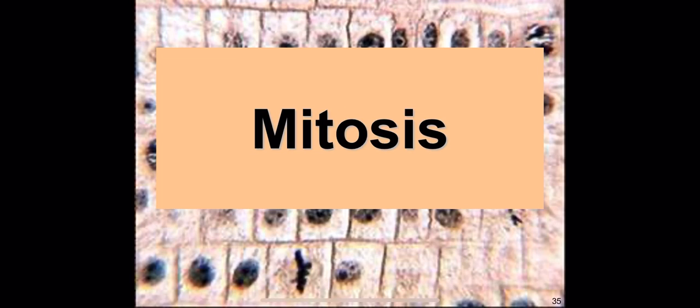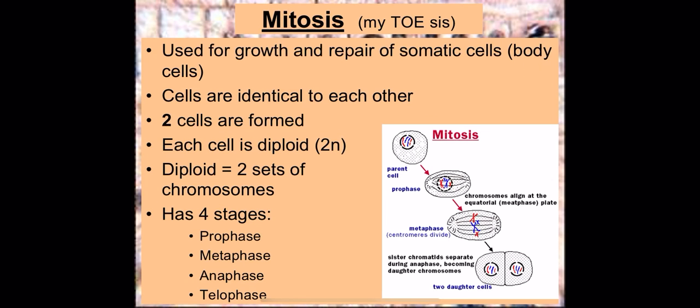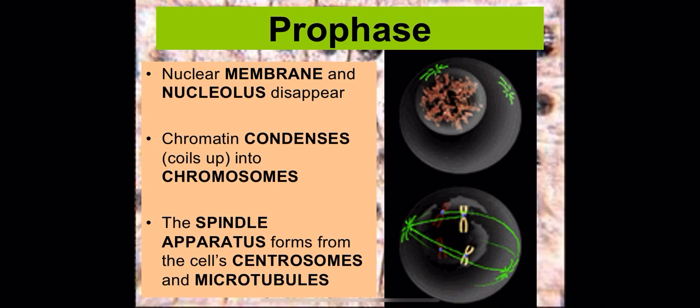I want to go through the different phases of mitosis. I need you to know, 1, what do those phases look like in a cell? And then 2, what happens distinctly in each phase? Because they have very distinct steps, which allows us to classify based on an image of a cell exactly what is happening and exactly what part of mitosis that cell is in. So the first one is prophase.